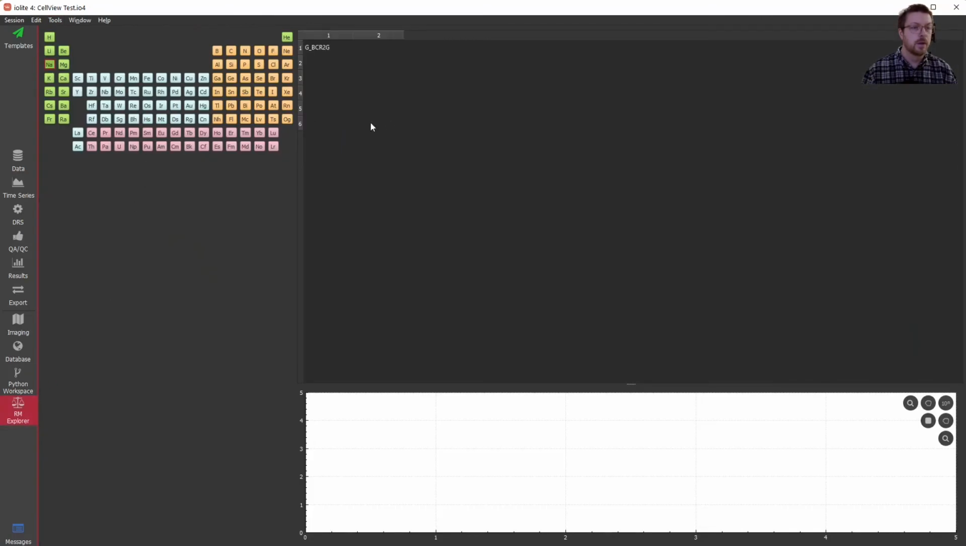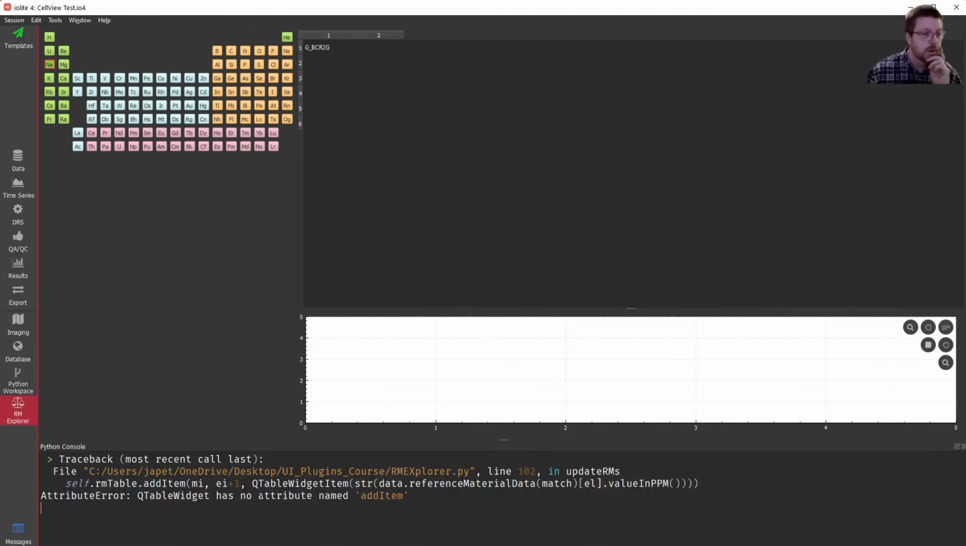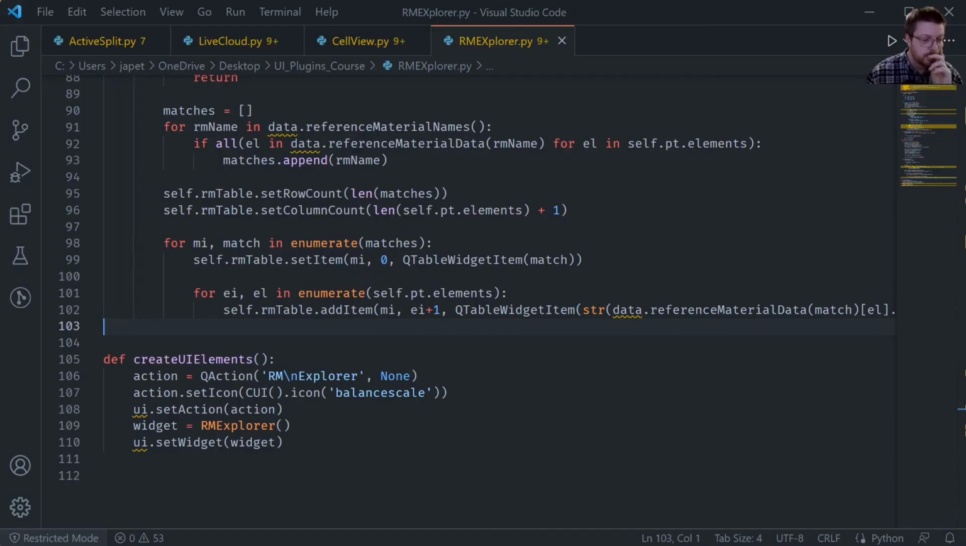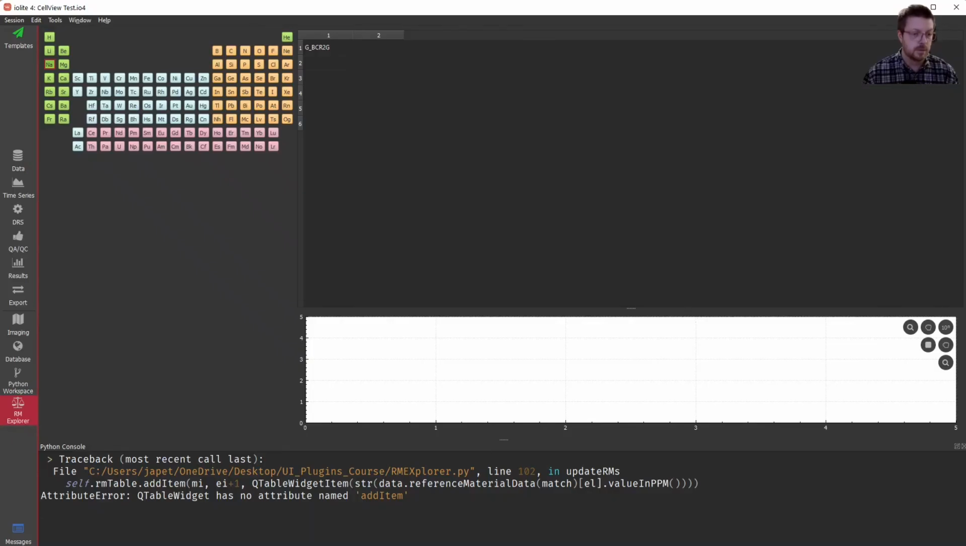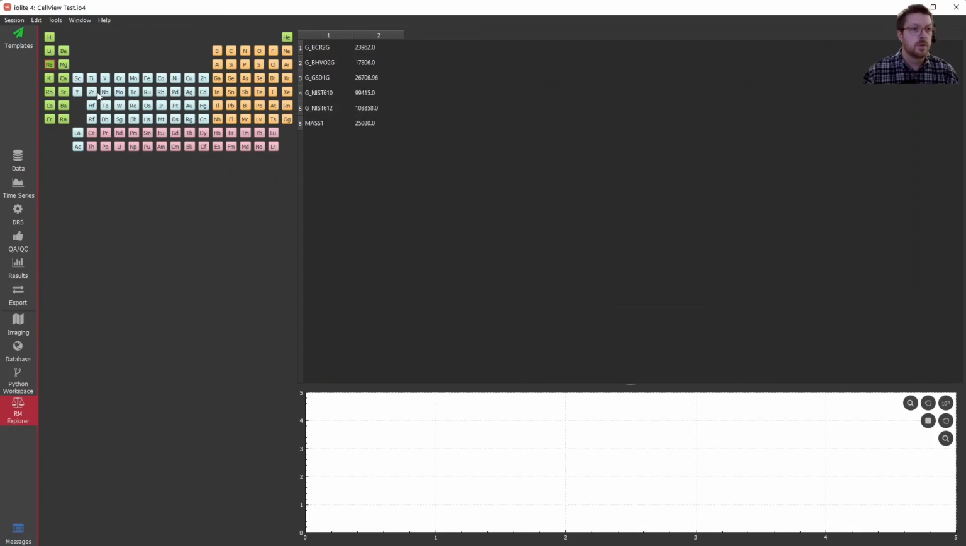So sodium, looks like it's not working. QTableWidget has no attribute named add_item. Oh, that's because it's supposed to be set_item. I save that? Yes. Okay, so let's refresh. Sodium. Okay. So we've got our reference material names and the concentration in ppm, but we haven't set the